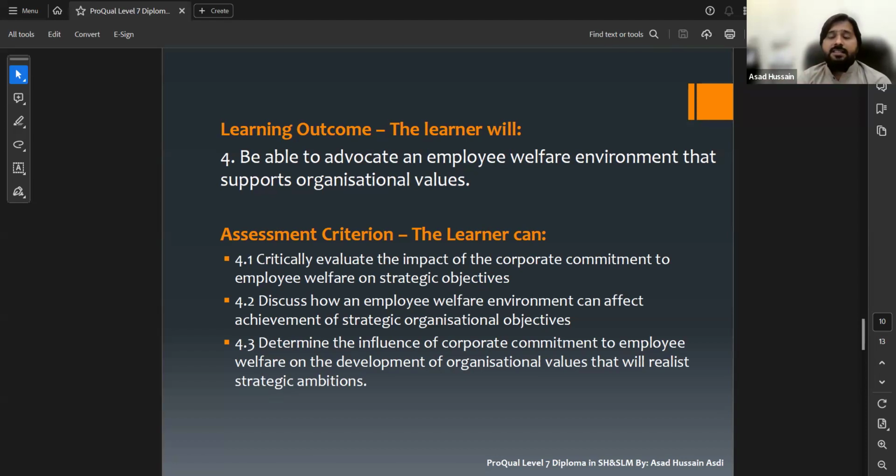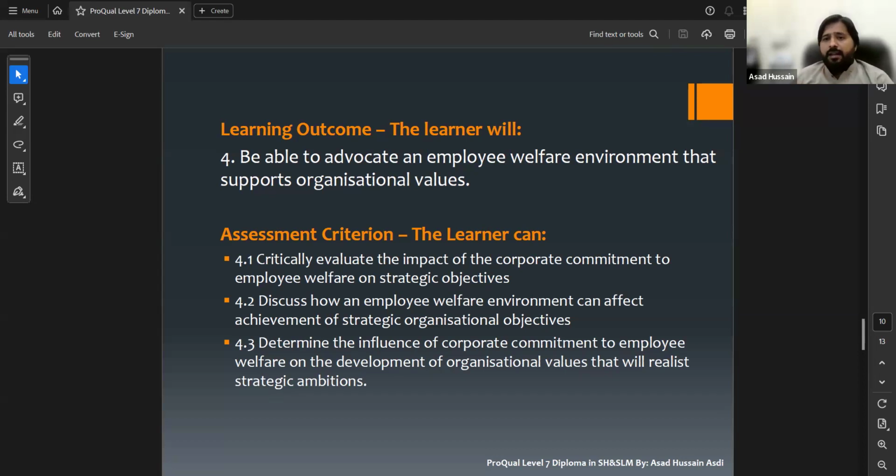In 4.3, determine the influence of corporate commitment to employee welfare on the development of organizational values that will realise strategic ambitions.